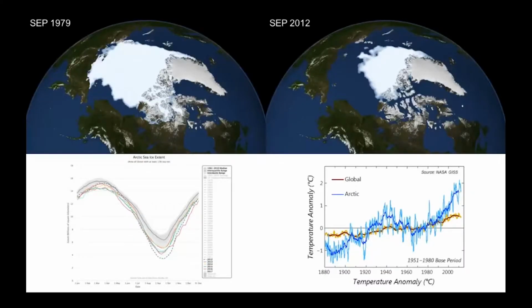Due to the feedbacks linked with sea ice and snow, when the Arctic warms up, it warms up much faster than the global latitudes. In this plot of average temperatures, in blue you have the Arctic temperatures, and in red or brown the global averages. You can see that when the trends are up, the pace is much faster. This starts in the late 19th century up to the present. More or less, we could say that the Arctic is warming at least twice as fast as the global average. This is called the Arctic amplification,